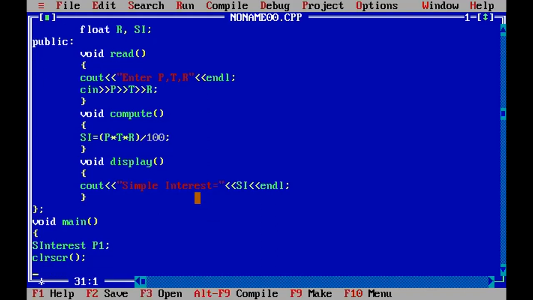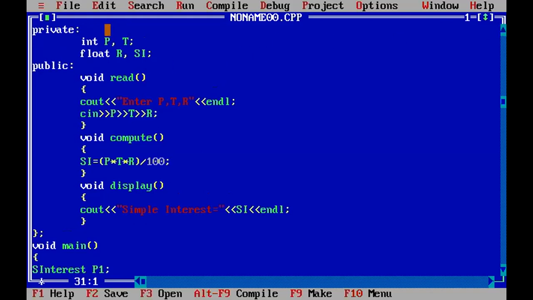Now to access the members of the class, see here, I cannot directly access the data members because the data members P, T, R are declared under the private access specifier. Since they are declared under the private access specifier, they can be accessed only within the class.